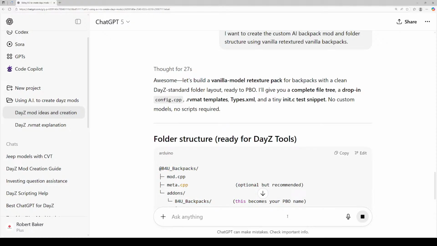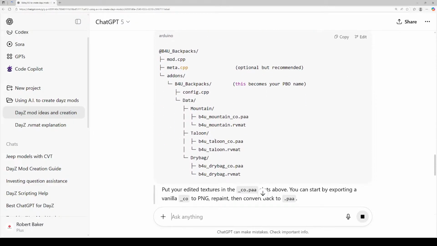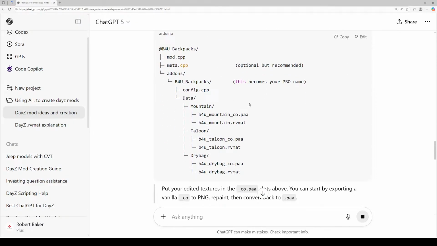It's really simple, and you don't necessarily need all this, but you can see the level of detail that it goes through. It's going to give you this suggestion. Your PBO name is going to end up being B4U backpacks. Now, I'm going to create that because that's the naming convention I try to follow. You can call this whatever you want. If you beat me to it, you beat me to it. So I'm going to call this B4U_backpacks, and then underneath the